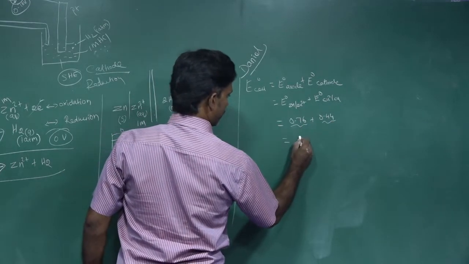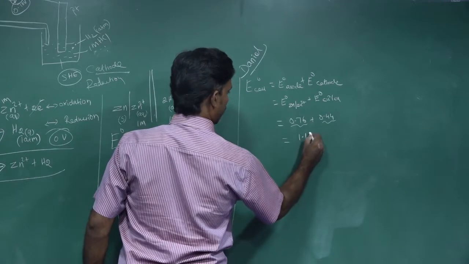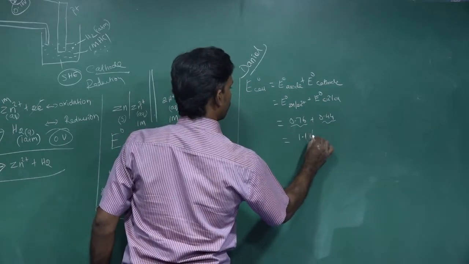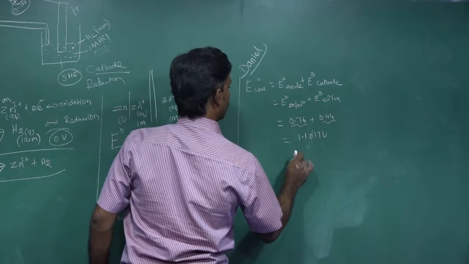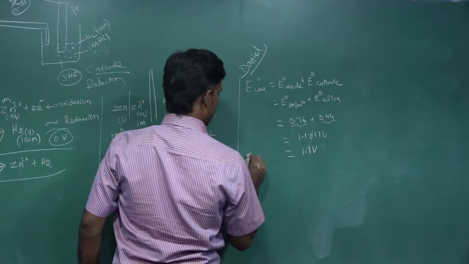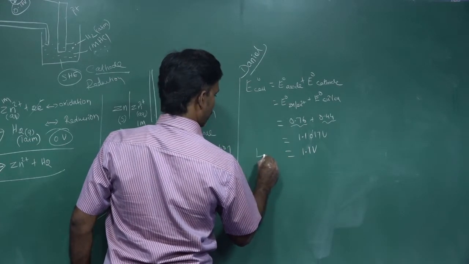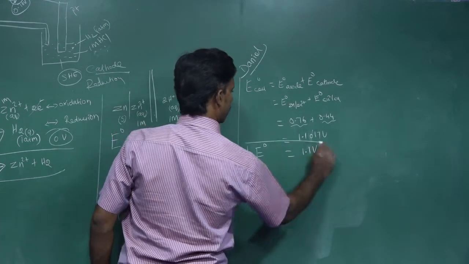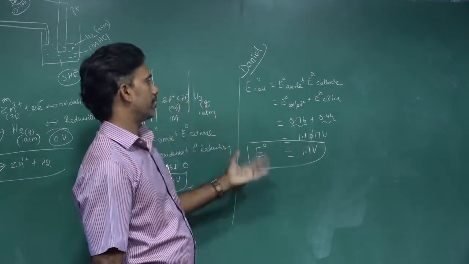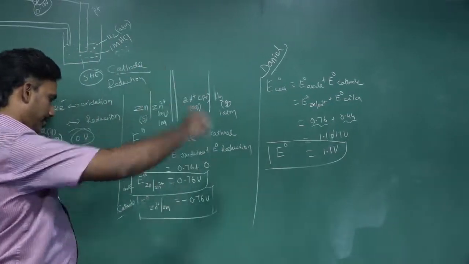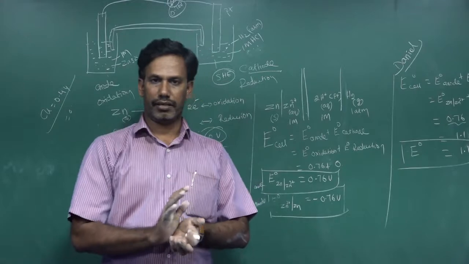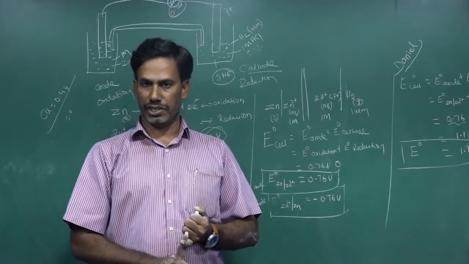When you add these, you get 1.1 accurately, or most probably 1.017, which comes to around 1.1 volt. This is the Daniel cell calculation. Today we have seen how to write the galvanic cell notation